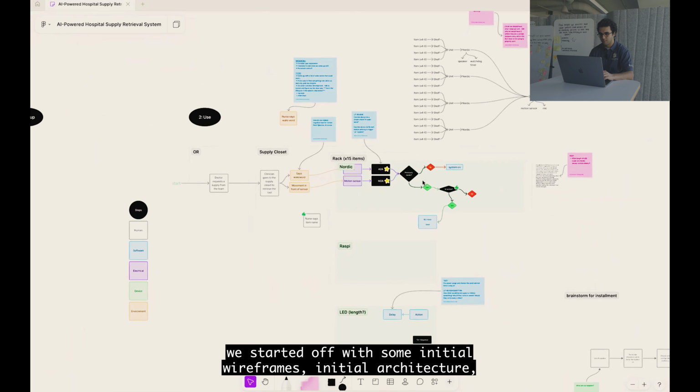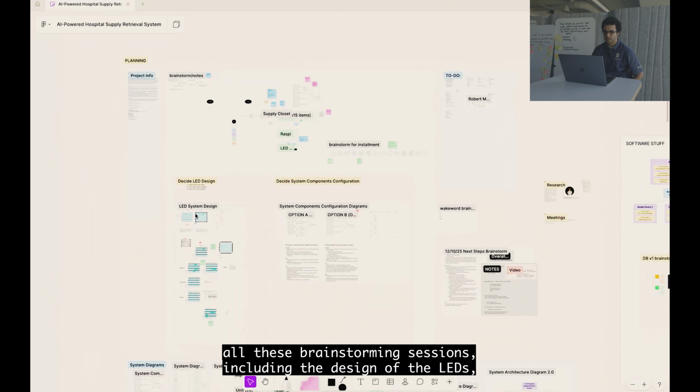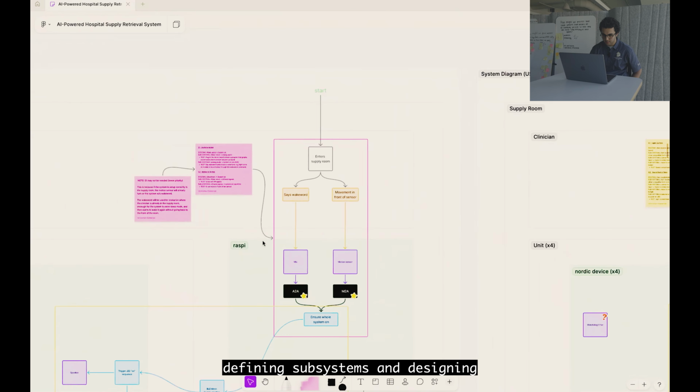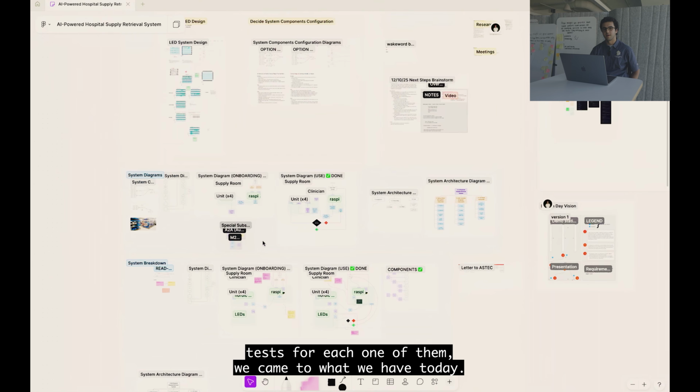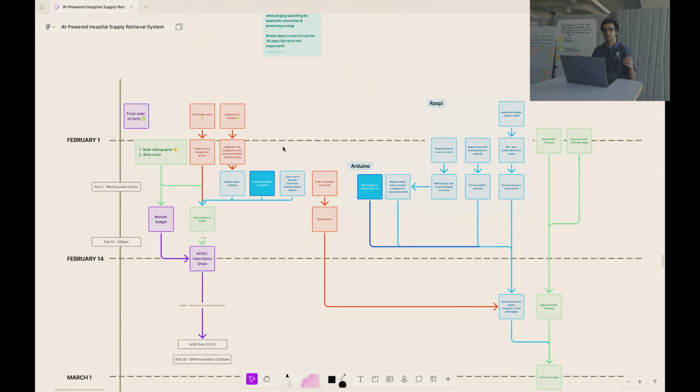We started off with some initial wireframes, initial architecture. As you could see throughout all these brainstorming sessions, including the design of the LEDs, defining subsystems and designing tests for each one of them, we came to what we have today. And then we have our Gantt chart, which was heavily used to plan out how this all comes together